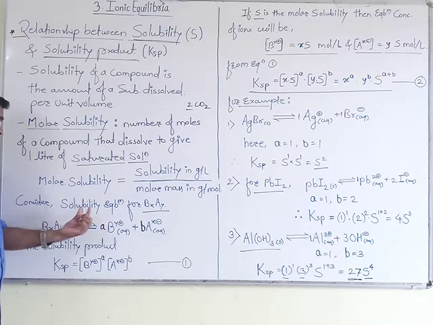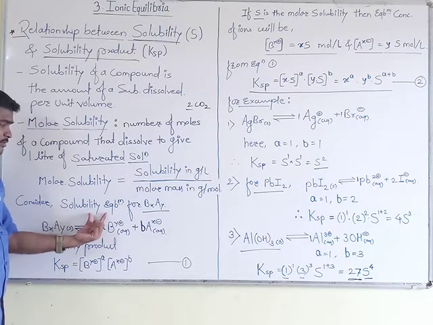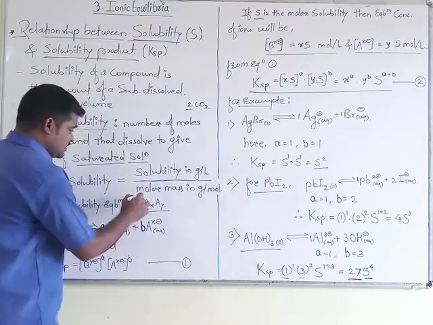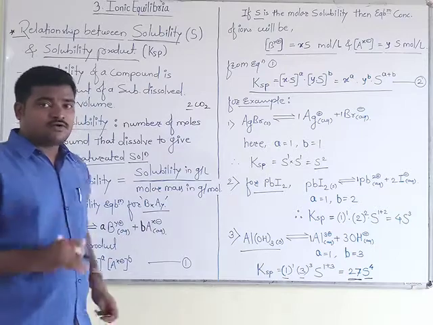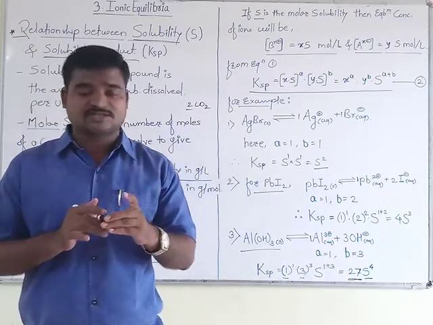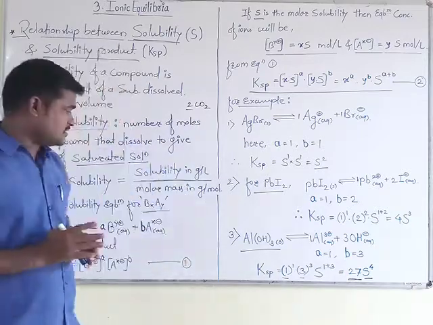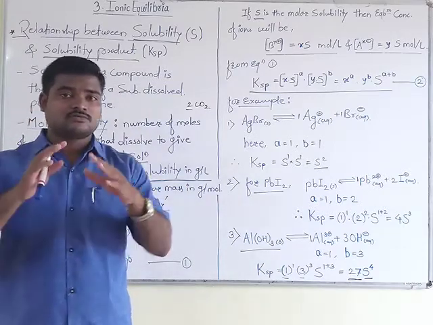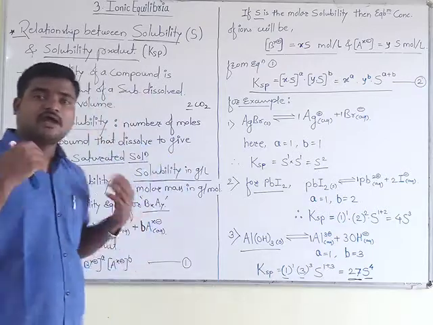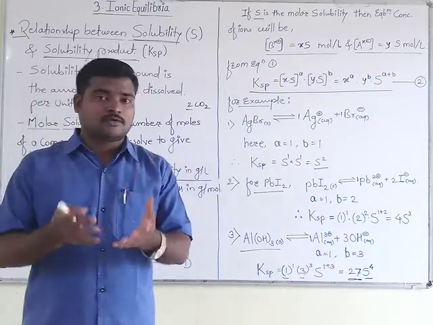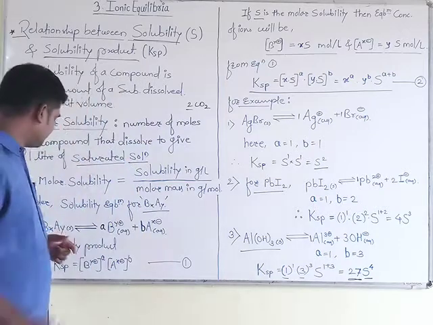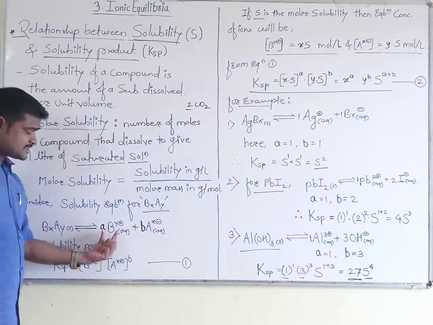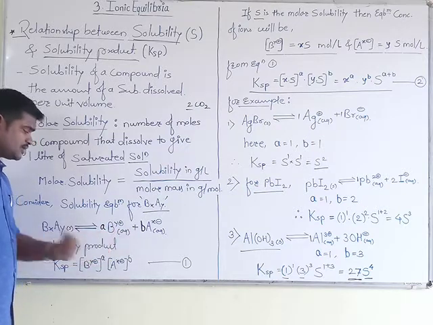After that, we come to this point, that is solubility equilibrium for BxAy. BxAy is nothing but one type of salt that we have considered for better understanding. This is in general the molecular formula of the salt which we are going to dissolve, and for which both solubility and solubility product will be calculated. We have shown here the salt ionizing and its equilibrium reaction.